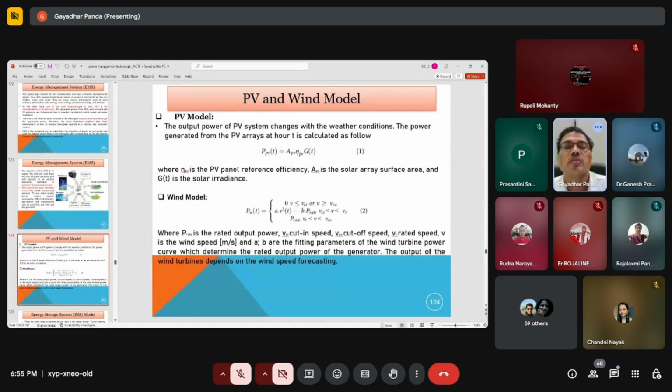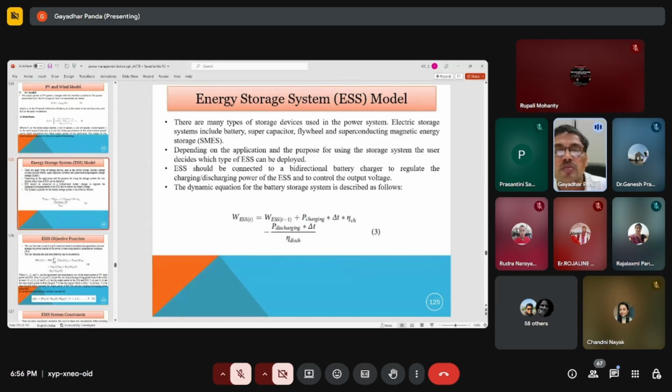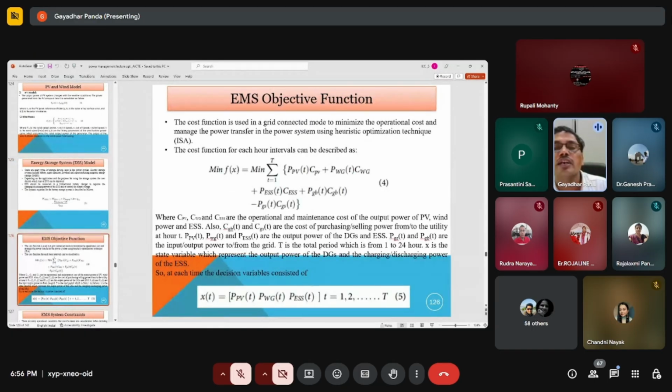Here you see for each source we have written the cost factor. The output power of the PV system changes with the weather condition. The power generated from the PV at hour time t is calculated as follows. Okay, we have taken this work also from a published paper. And this is the solar power. And for wind also you can make the wind model. This is also available in the literature. And for every unit we have to make the model, and after that you have to make a